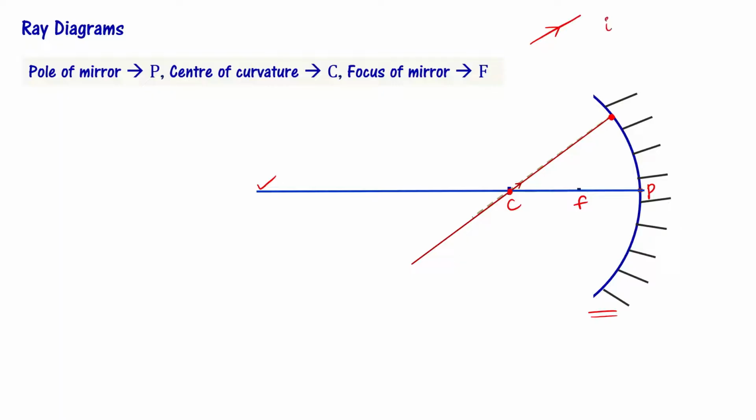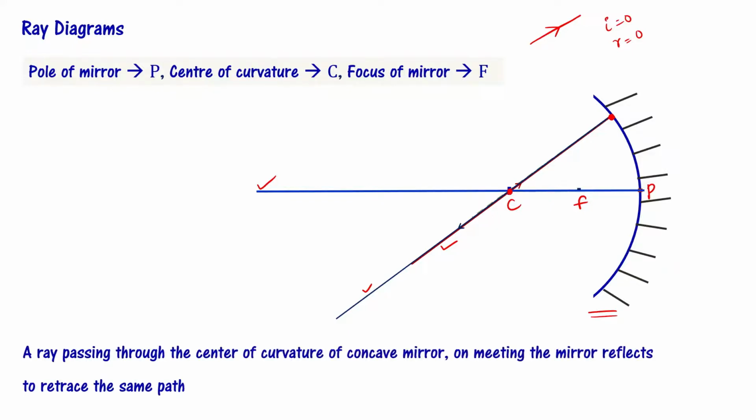what is the angle of incidence? It is 0. It means the angle of reflection is also equal to 0. Meaning the reflected ray just passes through the same line. You see the reflected ray. You have the red color line, that is the incident ray, and you have the reflected ray, that is the blue color line. Both are passing through the same line, right? This is one interesting ray.